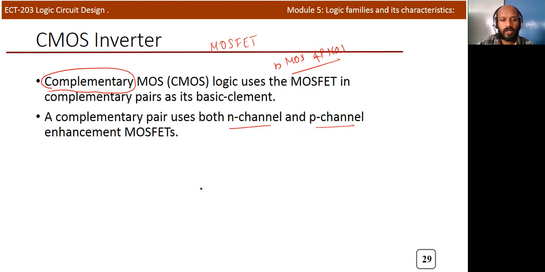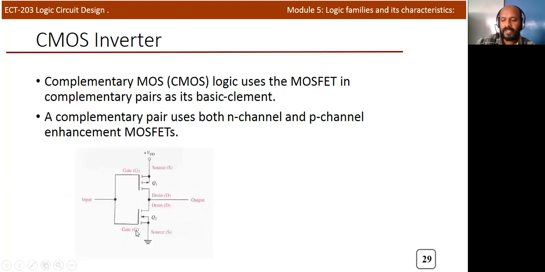Okay. Now we will see the basic structure of a CMOS inverter. Inverter means actually a NOT gate. How will the CMOS logic operate as a NOT gate, that is an inverter? So this is the symbol of a PMOS transistor, and this is the symbol for an NMOS transistor. The entire combination will act as a CMOS inverter. This is the inverter gate. If you apply 1, output will be 0. If you apply 0, output will be 1. Okay, this is a logic operation.